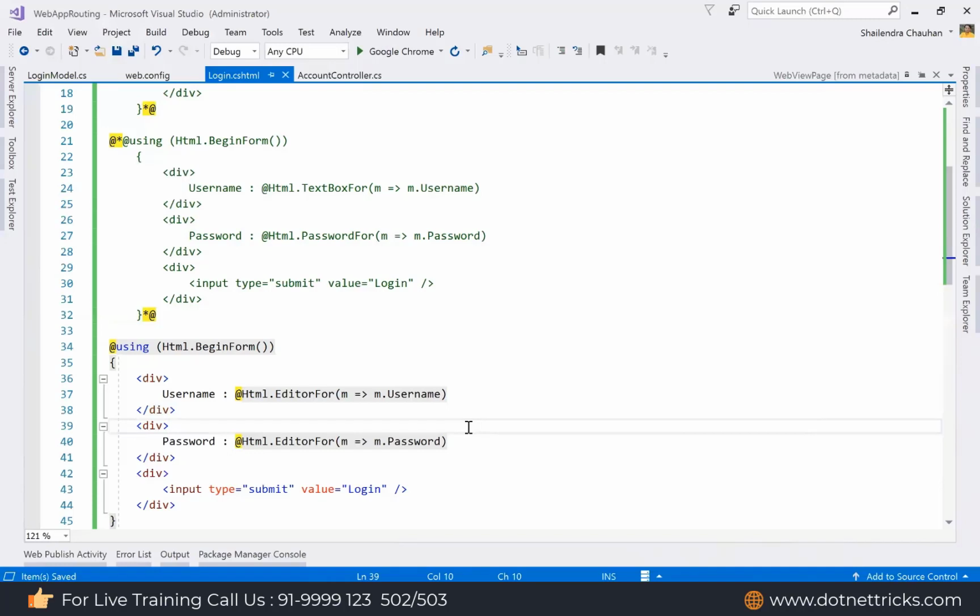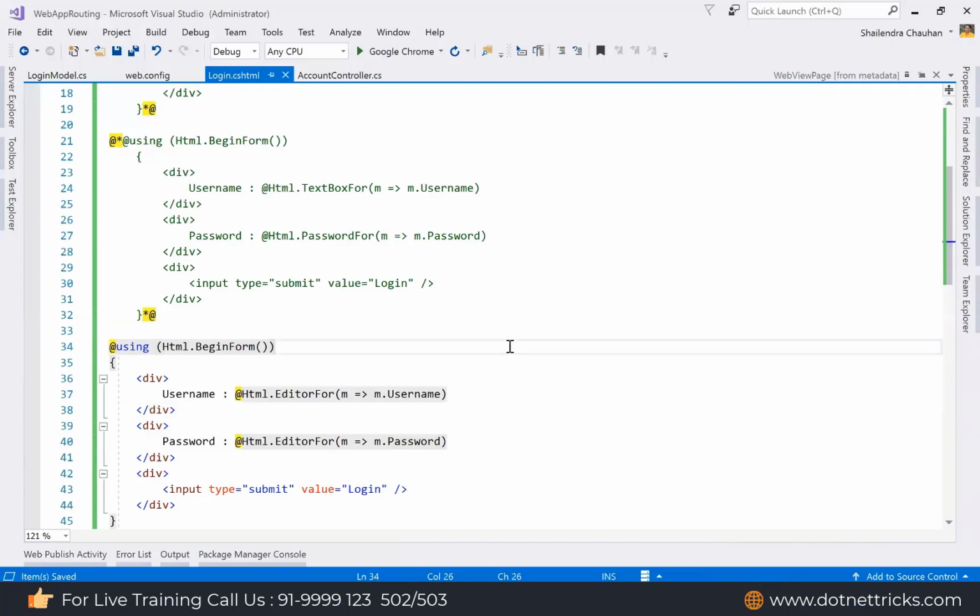In case of template helper, it will render the text box based upon the data type of our property. If the data type is a string, it will render a normal text box. If the data type is integer, it will render a numeric text box. If the data type is boolean, it will create a checkbox. So for password as well, it will create a normal text box.